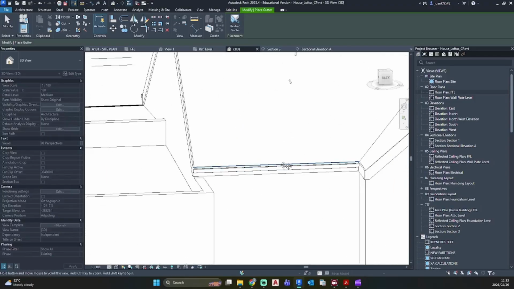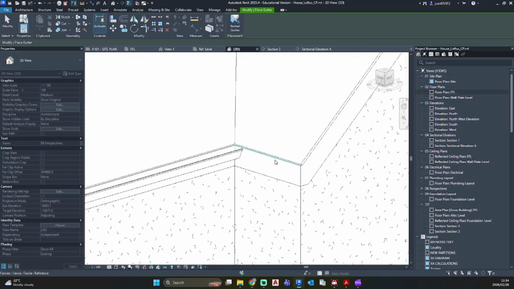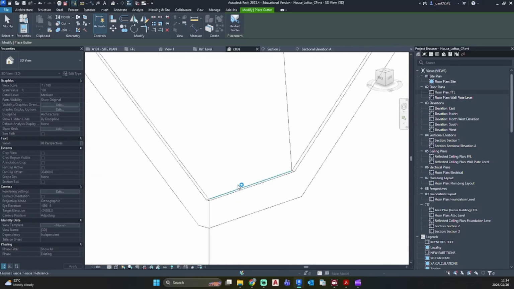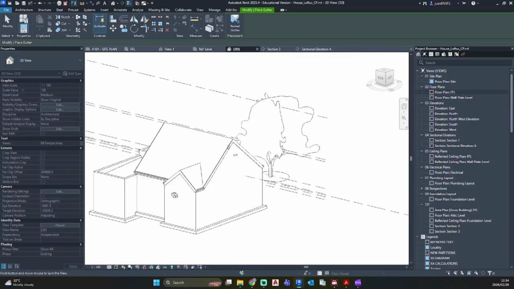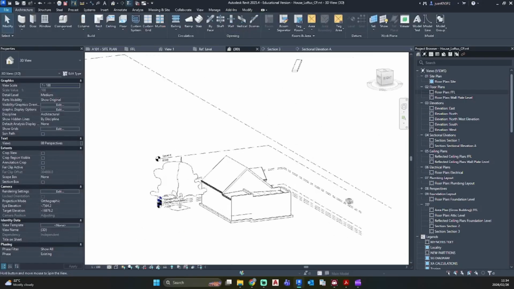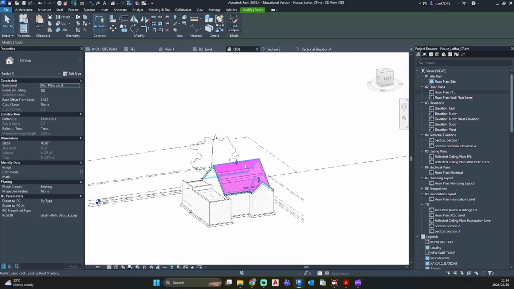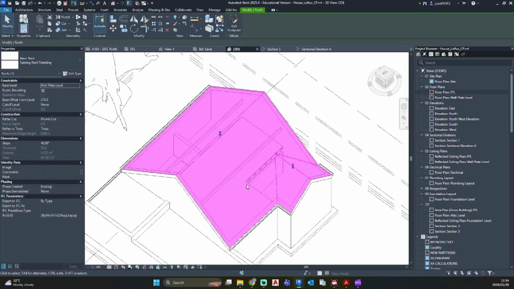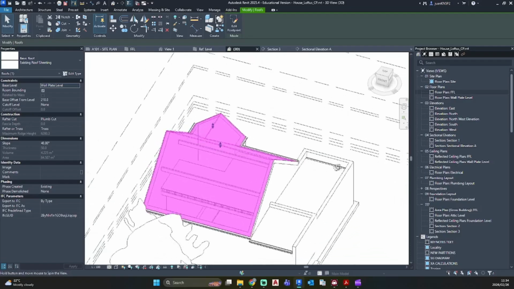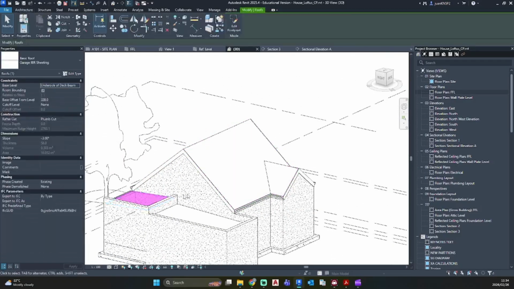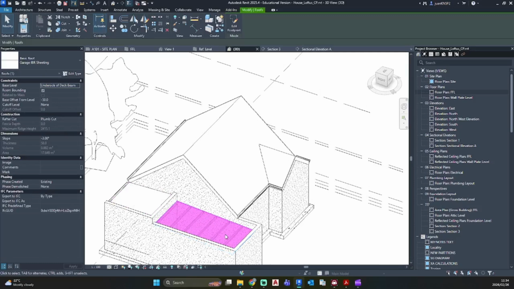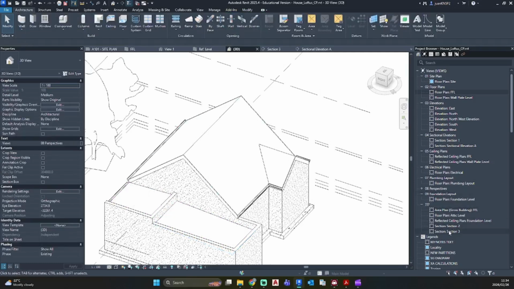There's a gutter over here. There's a gutter over here. There's a gutter over there. And there we now have, if we look through here, we have our floor on the inside. We have our decking. We have our kitchen roof. We have our garage roof with our rafters. Let's go and add